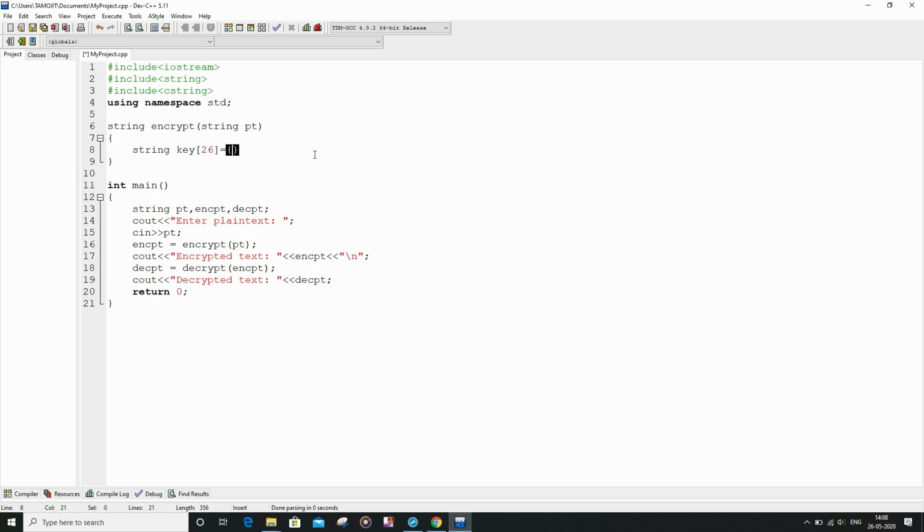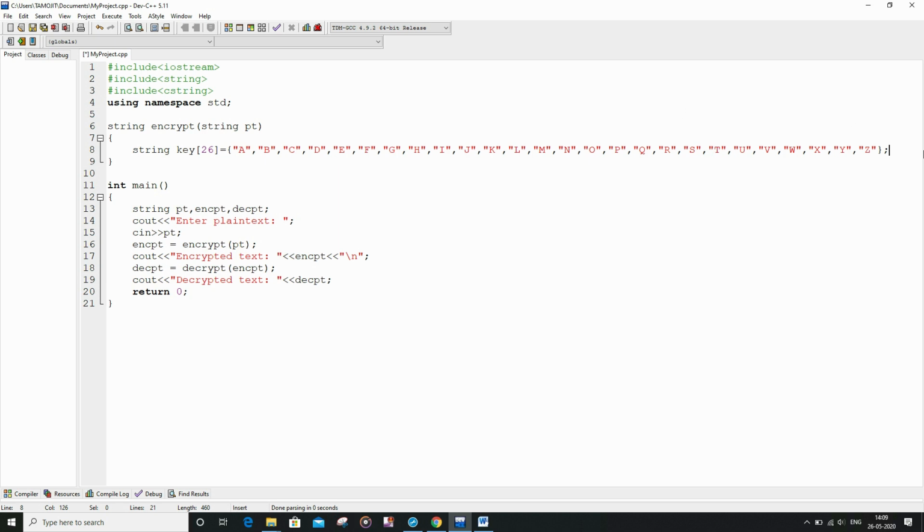So in key I am going to write capital A, then capital B. So I had finished writing the key here, and now I am going to write the string value.